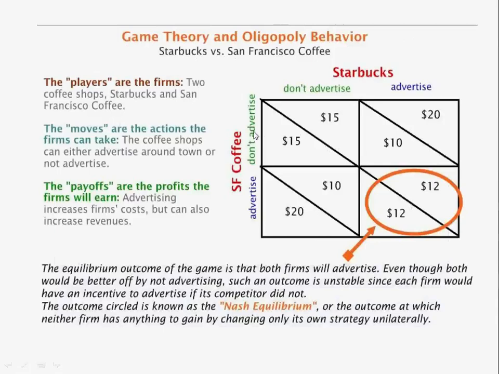In this case also you have two giant companies, Starbucks and SF Coffee. The choices or the strategy of these two players are this: either you advertise about your product, or you don't advertise. If you advertise, since there's a certain cost for advertisement, you will get lower utility, or your profit will be low in this case. Utility is measured by profit in this case. So if you don't advertise, you get higher utility.